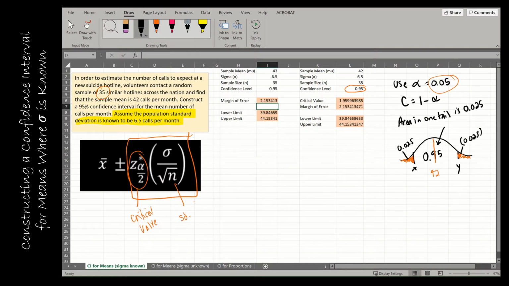And what are those values? Well, all I have to do is take 42, I didn't mean to erase so much there, I got a little overzealous. All I need to do is take 42